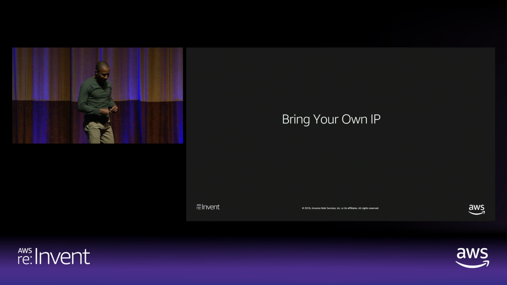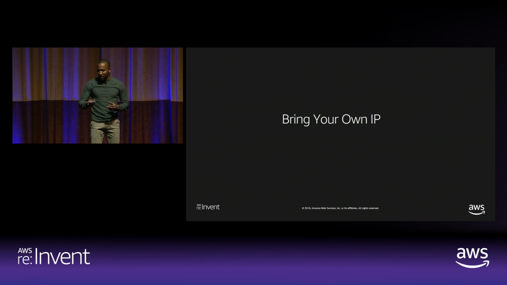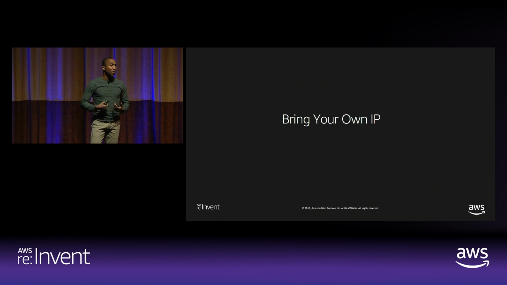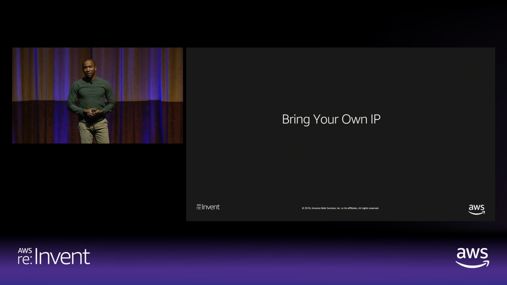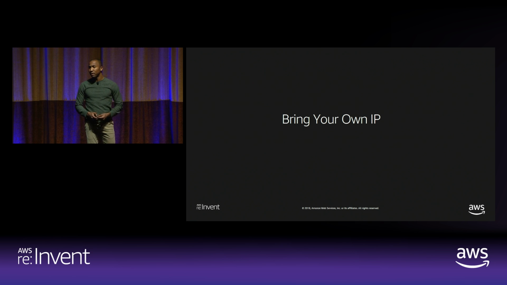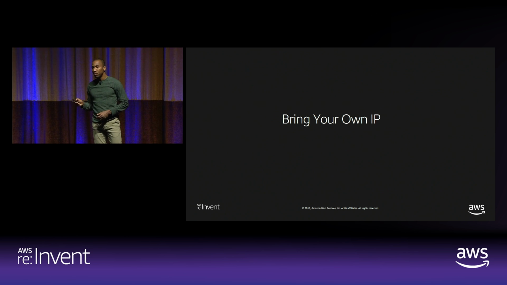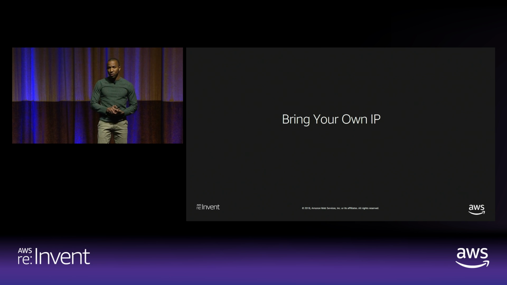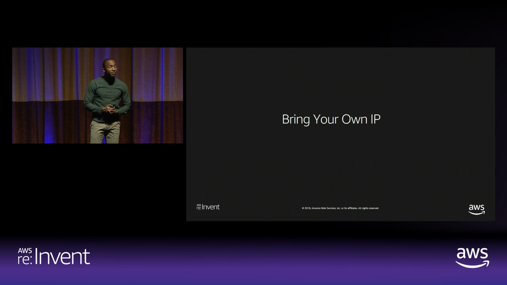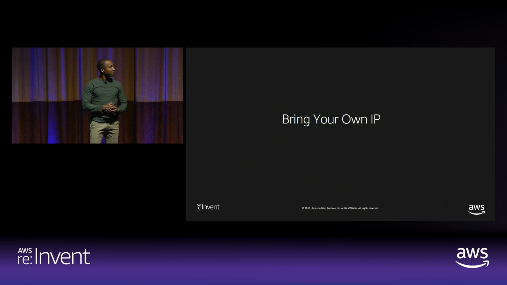I want to touch on one thing. I'm always happy when I come up on this slide, because ever since I started working at AWS, and ever since I started talking about VPCs, customers have asked me, you guys have public IP addresses, but I also have public IP addresses. Can I carry my public IP addresses to AWS and use those with my NAT gateways, EC2 instances and load balancers? And the answer then was no. Today, you can bring your public IP address space if it's registered to a company and if it's registered with an RIR, or Regional Internet Registry,